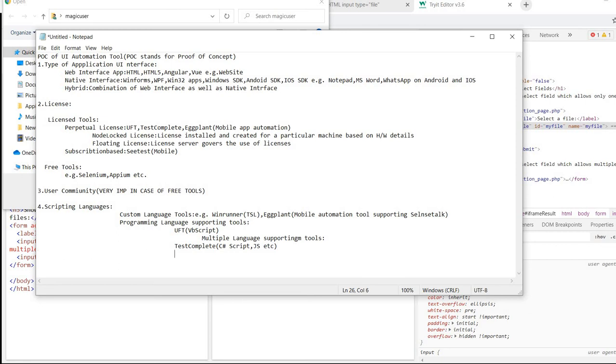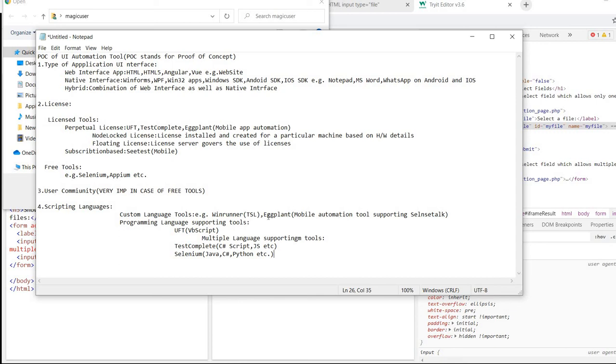And Selenium, we know that Selenium supports many languages like Java, C#, Python, etc.